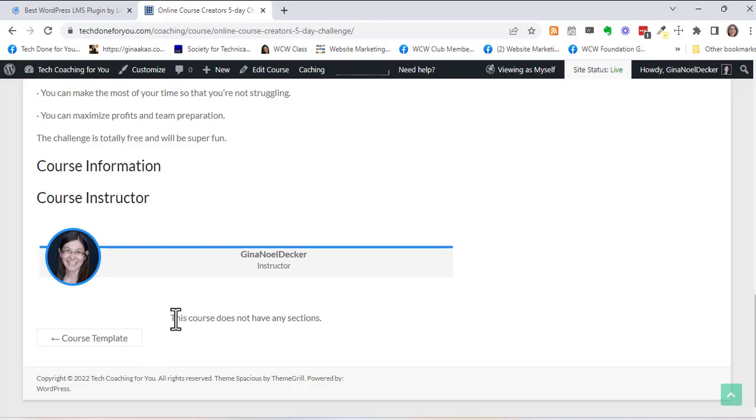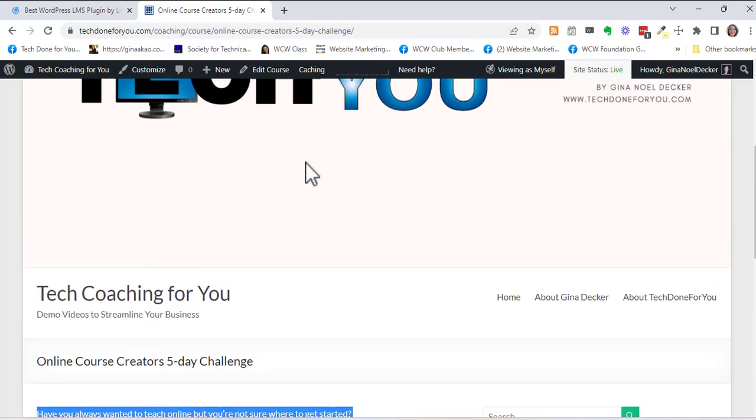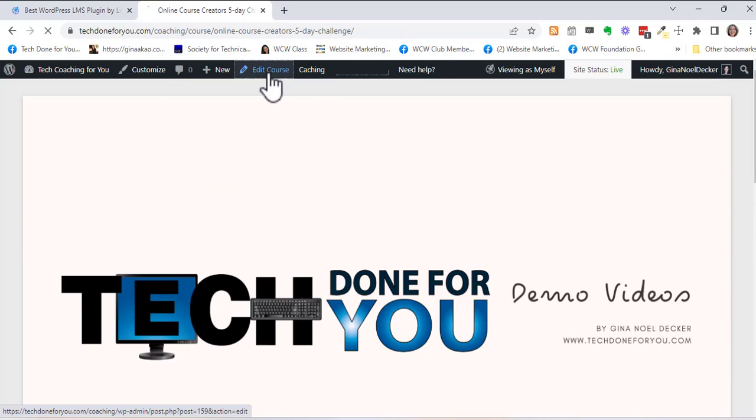And then the syllabus or the lesson sections will automatically show up down here unless you're customizing the sales page otherwise. And so this is based on shortcode. Shortcode is basically just some code that will perform an action on your website. And so that just comes with the LifterLMS sales page structure. So I don't have any sections yet,